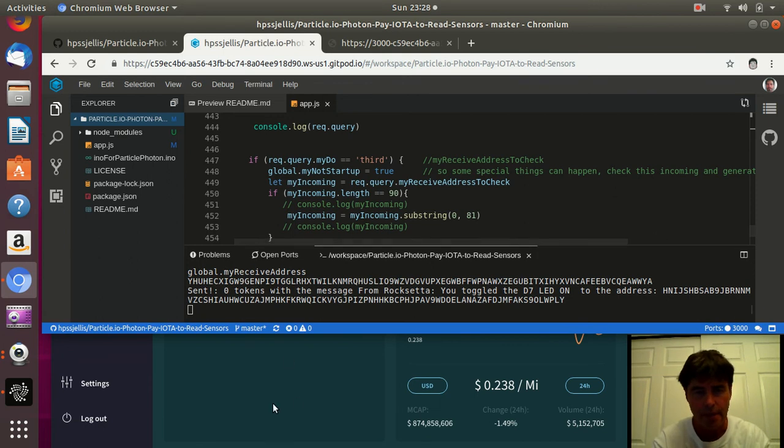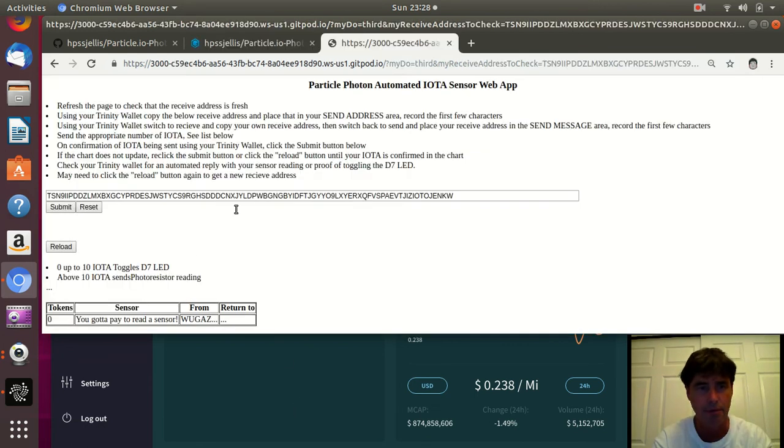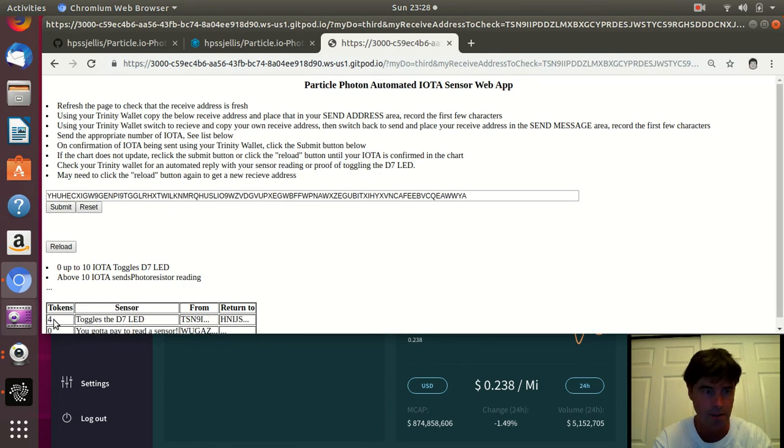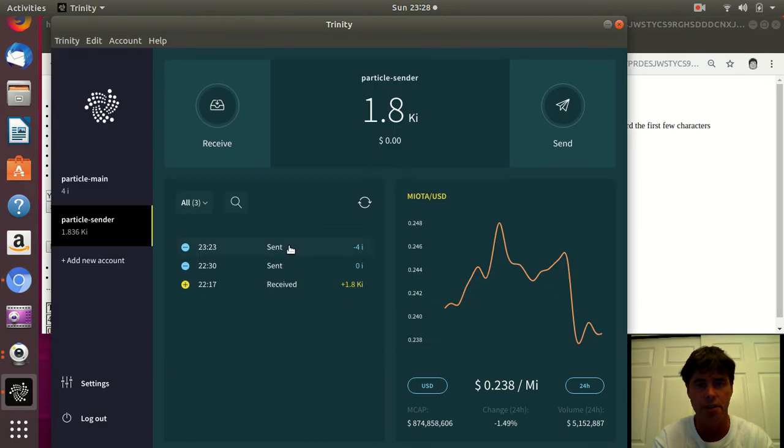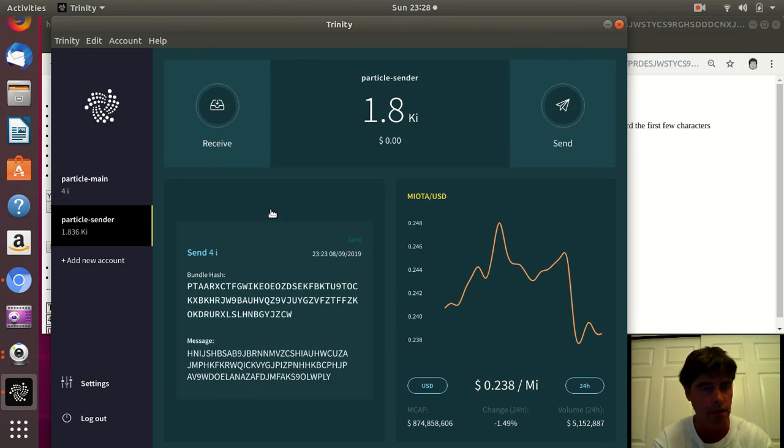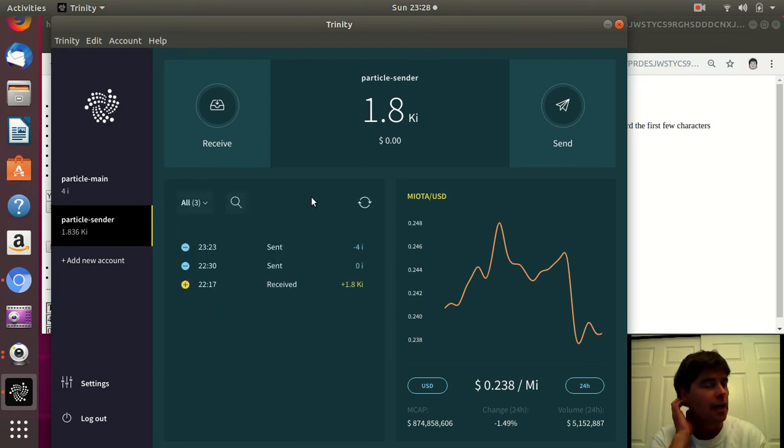So, let's get back to the web page. Reload the page. There we go. Our 4 tokens. It toggles the D7 LED, and there's the TSN, which was the original receive address, and there's the HNI, which is the one here, HNI. Awesome. So that one's working. We haven't got a reply yet,